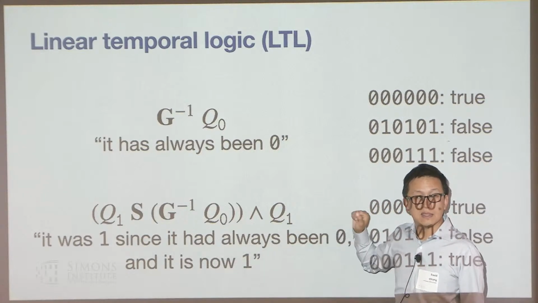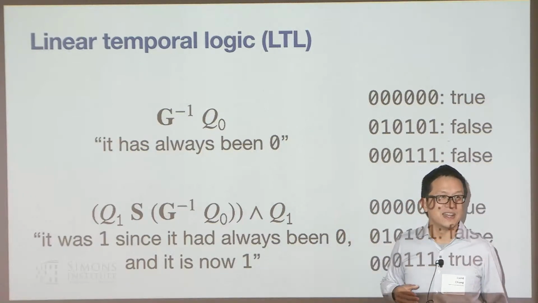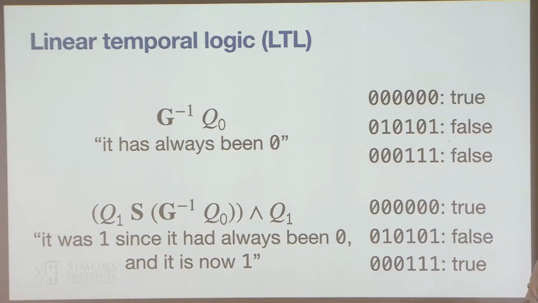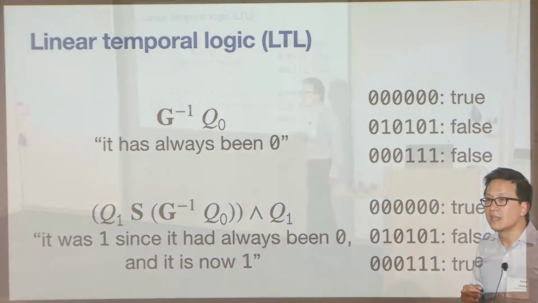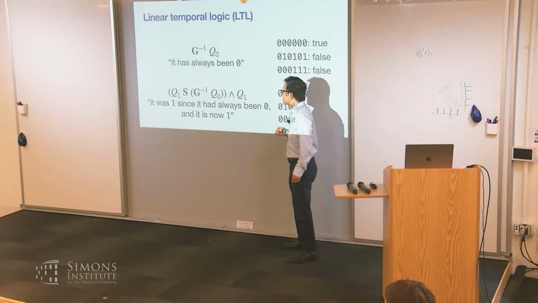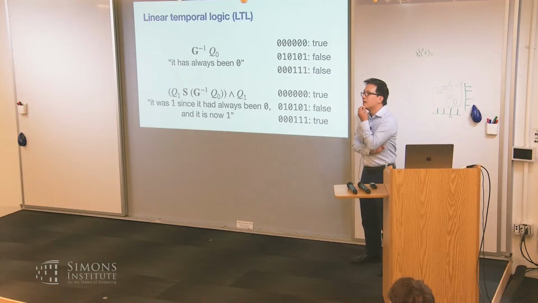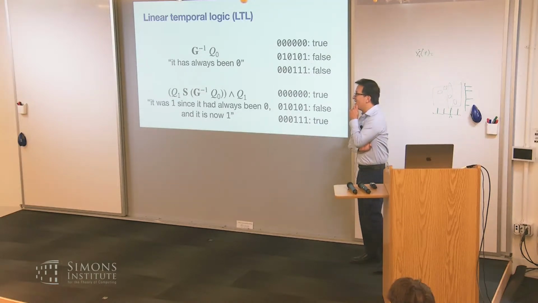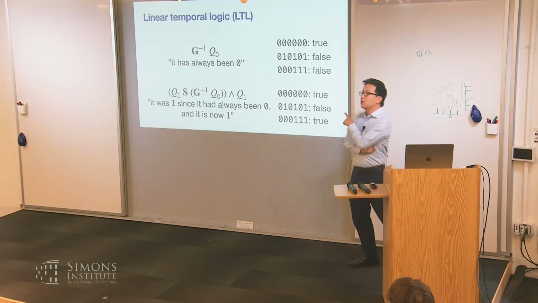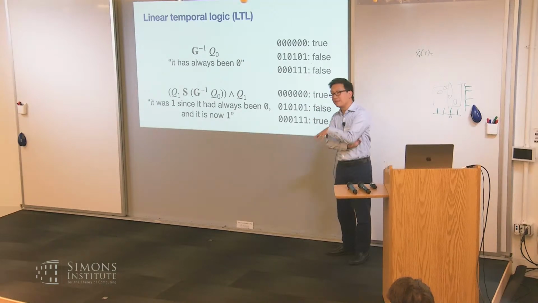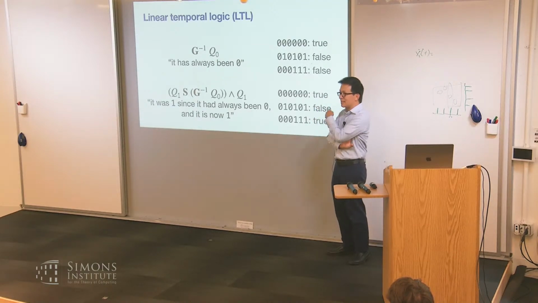Oh, why not include? Oh, I see. That's just how S is defined. So ever since that time, but not including now. I see. So it is agnostic about the current time. Right. Okay, so I had thought that you had the and Q1 to avoid the vacuous example of it never having turned into 1, but it really just doesn't make any claims about right now. Yeah. I would need to think carefully to get this formula exactly right. But there are some variants of this logic where S does include the present time, and some variants where S doesn't include the present time. This is the next slide.